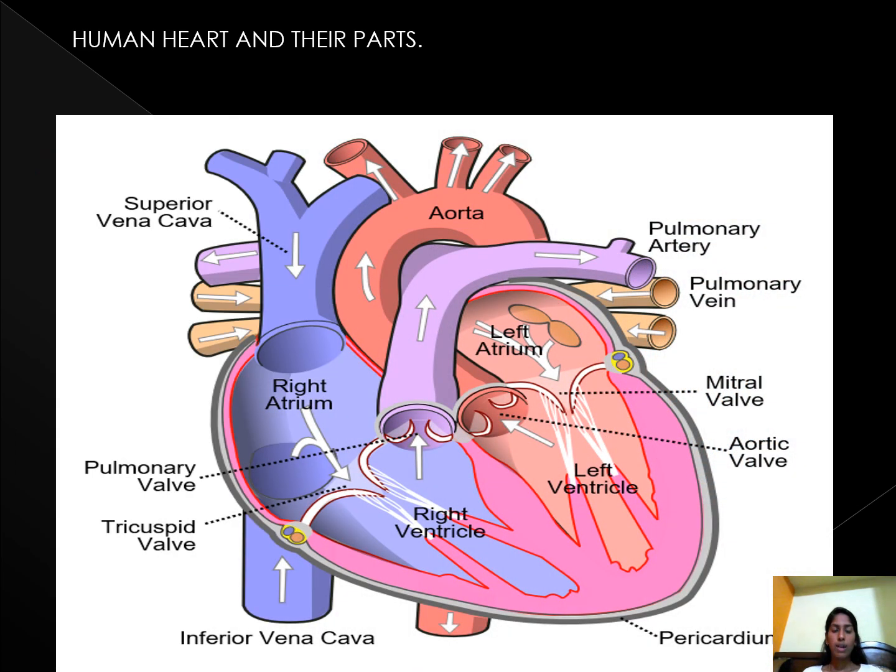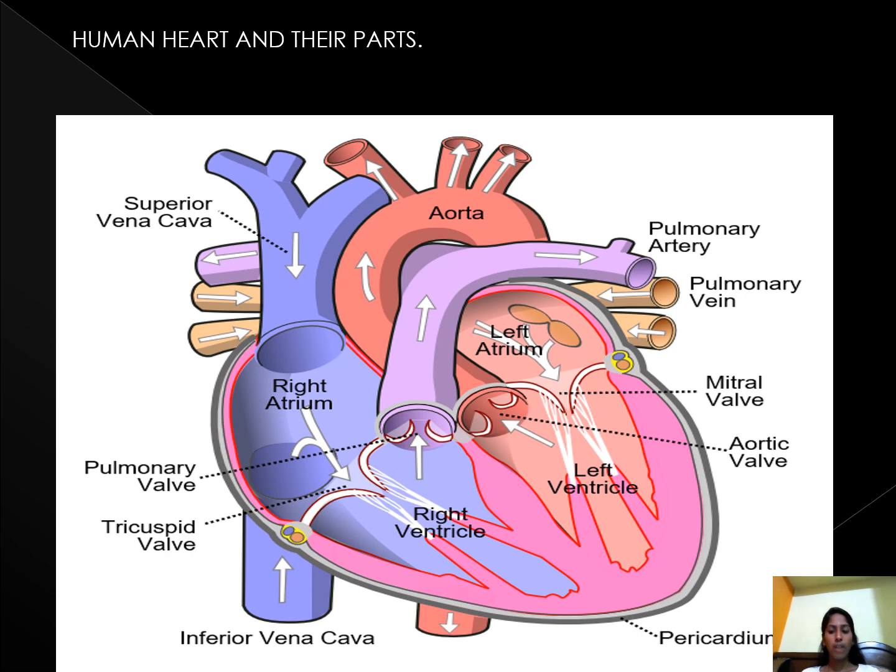Now let us see the parts of the human heart and their functions. First, the right atrium. It is the upper right chamber of the heart during the normal cardiac cycle. The right atrium receives deoxygenated blood from the body. Blood from the head and upper body arrives through the superior vena cava, while blood from the legs and lower thoracic region arrives through the inferior vena cava. Once both atria are full, they contract and deoxygenated blood from the right atrium flows into the right ventricle through